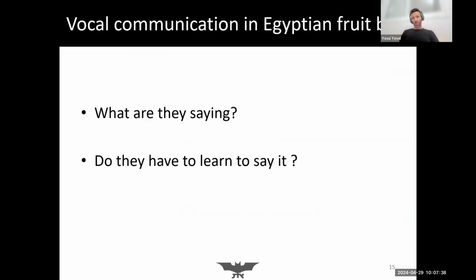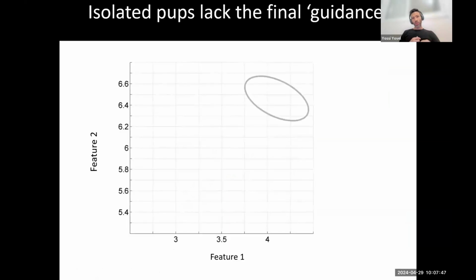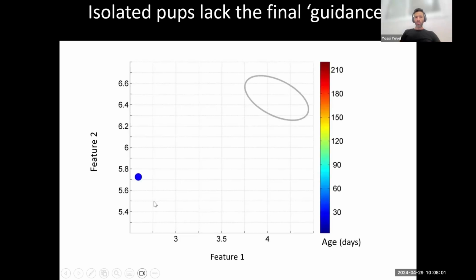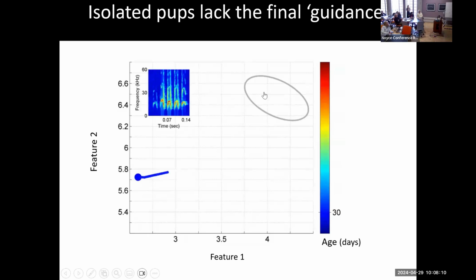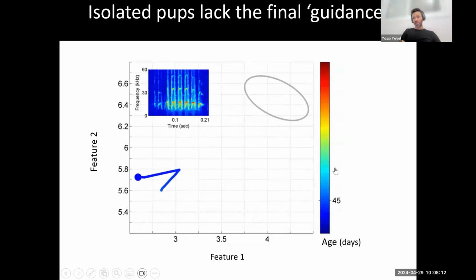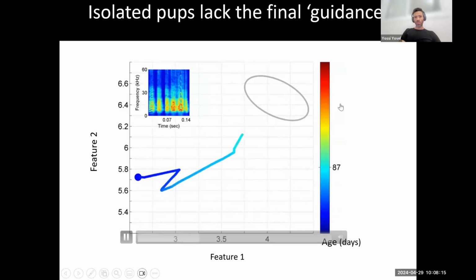The other question, which has been asked by somebody already regarding prairie voles, is do they learn it? So what we did is we recorded the bat pups from day 1, day 0, I should say, until they become adults. You can see here what we call feature space. These are acoustic features similar to the ones that Con showed, but others. And we will see how over time, so this is the adult space. This is the region in the space where the adult vocalizations reside. And if we look at the pup over time, you can see that it gradually, and by the way, these are days,